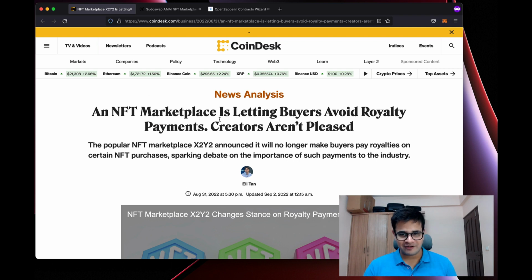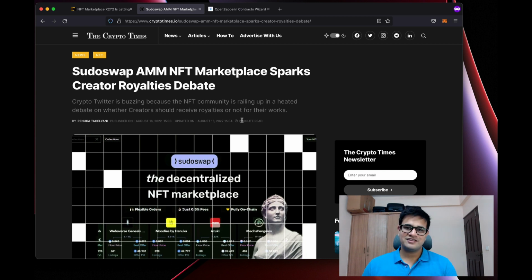X2Y2 is an NFT marketplace which is letting buyers avoid royalty payments, and creators are not pleased. Of course, they will not be pleased. Similarly, there's another marketplace called SudoSwap. This marketplace also has removed royalties for the creators. And these two marketplaces are getting a lot of market share because sellers want to sell there because, of course, they get to make some 7.5% more or 5% more or something like that. But this is not good for you as a creator because a lot of the NFT businesses rely on the royalty income that they receive whenever their NFTs get sold on either OpenSea or LooksRare or some other compliant